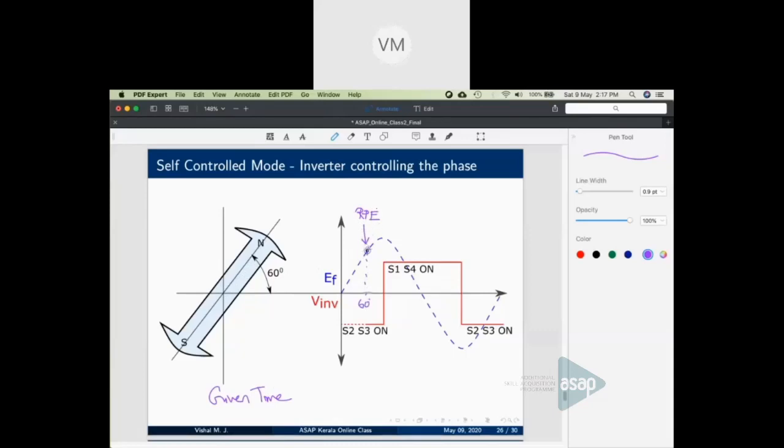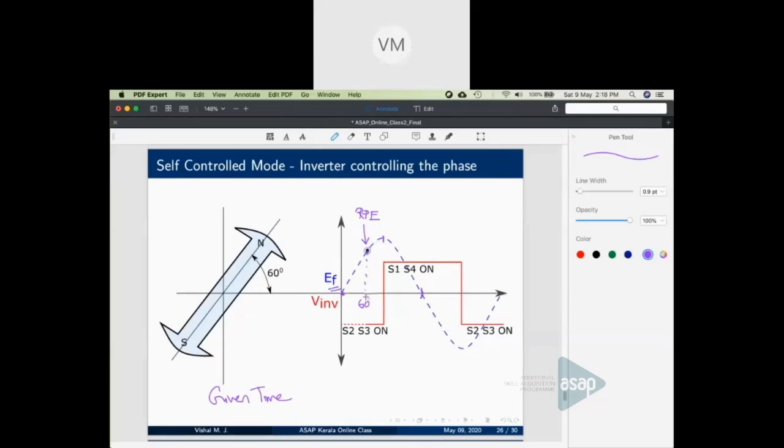Now, if I know 60 degree, what all things can I say? 60 degree backwards, I had my EF zero crossing, positive zero crossing of EF. 30 degree from now, I will have my positive peak of EF. 120 degree from now, I will have my zero of EF, which means if you know where the rotor poles are currently, you can reconstruct the EF wave. This dashed blue line is the EF wave. So just by having one point in the locus, you can reconstruct your excitation voltage waveform.